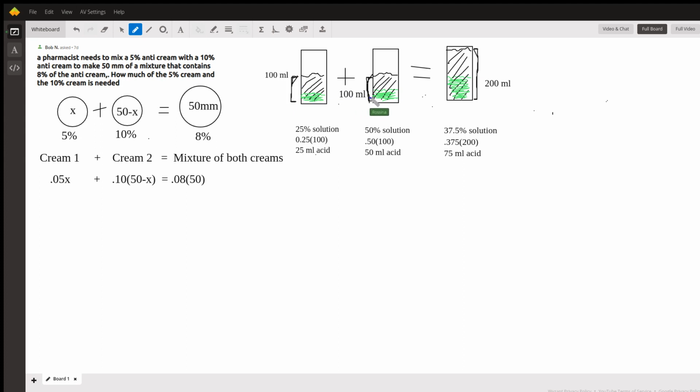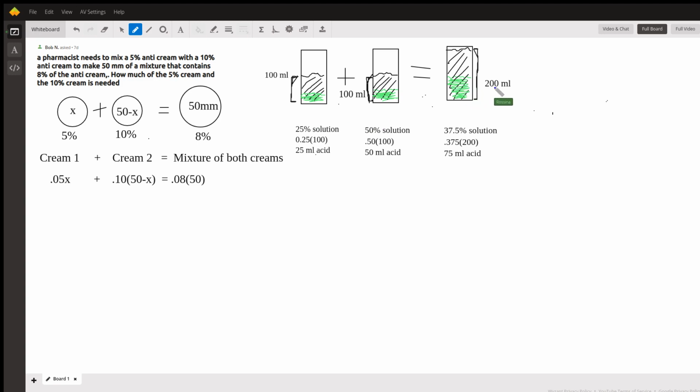Now I have another cup here with the same amount, 100 milliliters of liquid. Part of that liquid is going to be acid, and in this case, a 50% solution, 50% of the total in there will be acid. And then when we mix these two together into another container, we're going to end up